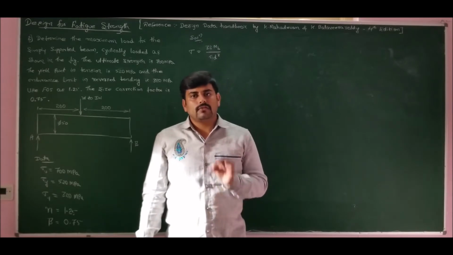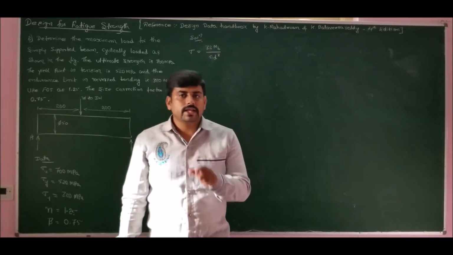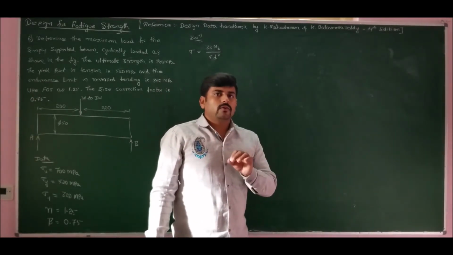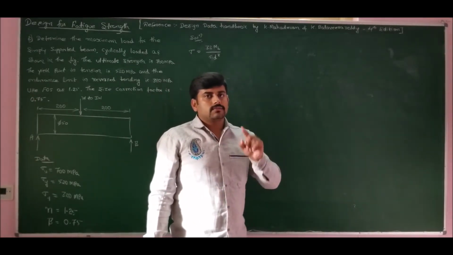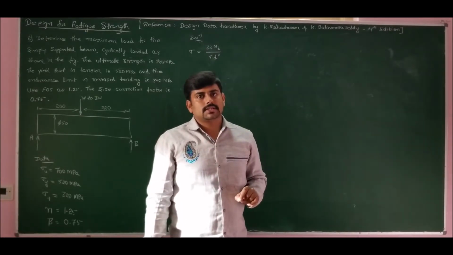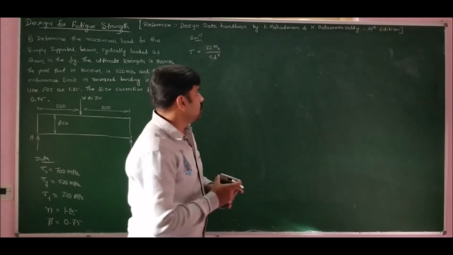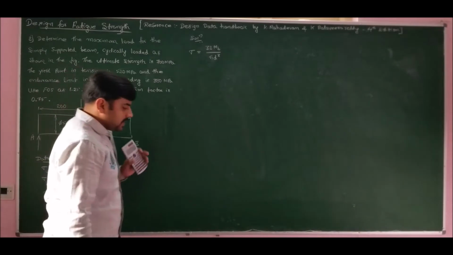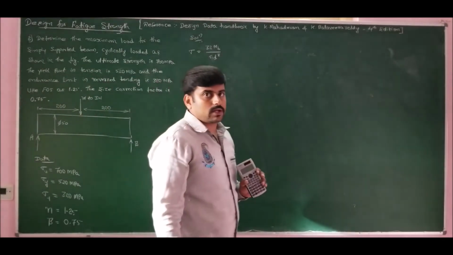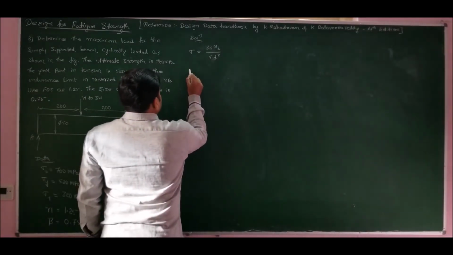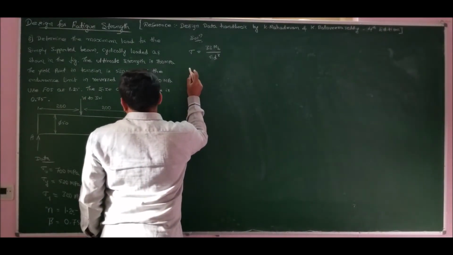Very, very important: if you have forgotten, refer to page number 15, Table 1.4 of our design data handbook, where Table 1.4 is tabulated for various loading conditions for various beams. It gives the maximum bending moment and maximum deflection equations. So from page number 15, for a simply supported beam loaded centrally, the maximum bending moment is FL by 4. Very important. Therefore, I will get MB max if I substitute maximum load, and MB minimum if I substitute minimum load.